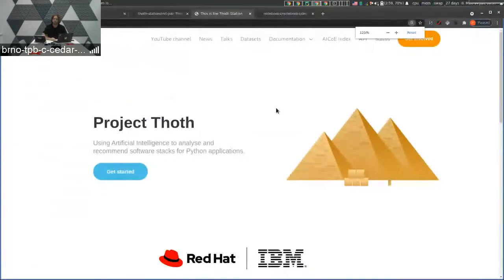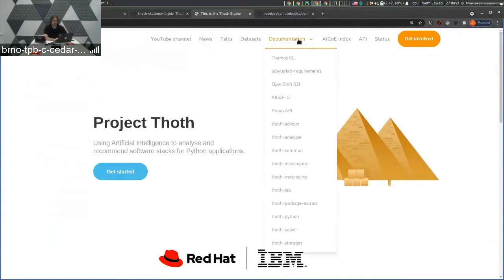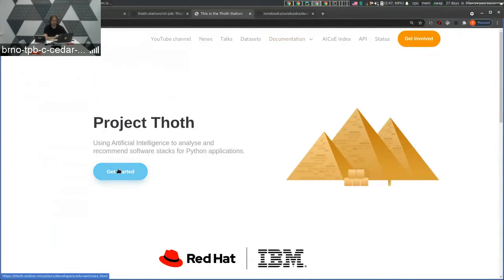Hello everyone, welcome to this demo that will demonstrate a new feature of the server-side or cloud-based resolver offered by project Thoth. So here you can see our main page, that is thothstation.ninja, and if you browse documentation and you go to get started or to the advisor